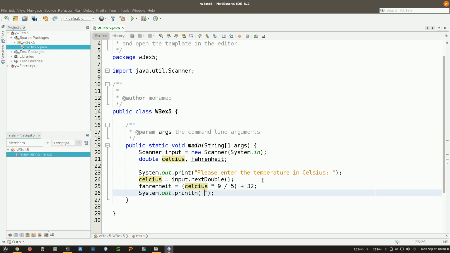And then I'm going to say the temperature in Fahrenheit, let's make it capital F, is, and then I'm going to not put a line. I can put a line. I'll put a plus and then Fahrenheit. Is that okay? So we declared the variables here,